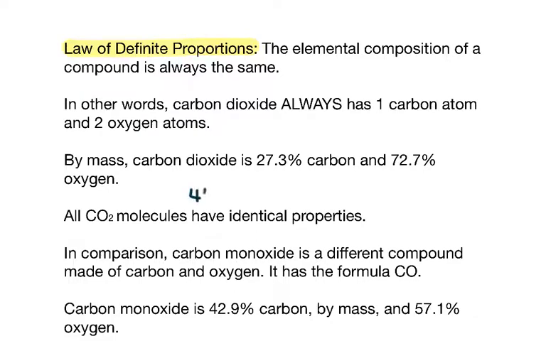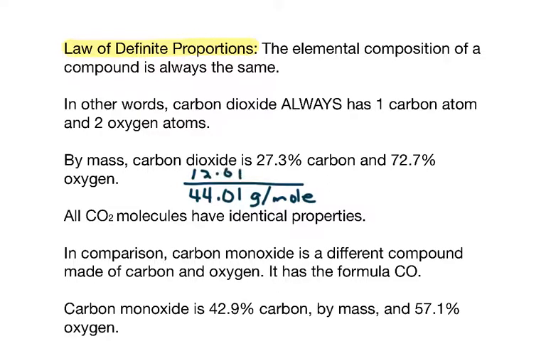Because if we know that carbon dioxide weighs 44.01 grams per mole, and we know that there's 1 mole of carbon atoms for every 1 mole of carbon dioxide molecules, well, we know that 1 mole of carbon atoms weighs